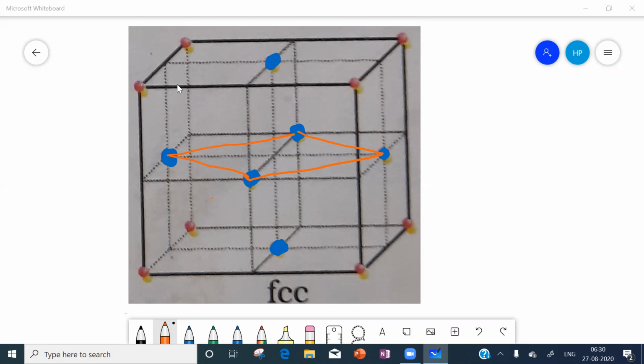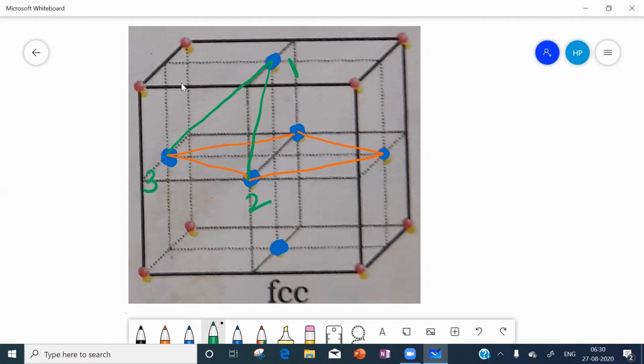So now we will go for a triangular face. Let us join these two face centers, then let us join these two face centers. Say this is face center number 1, this is number 2, this is number 3.